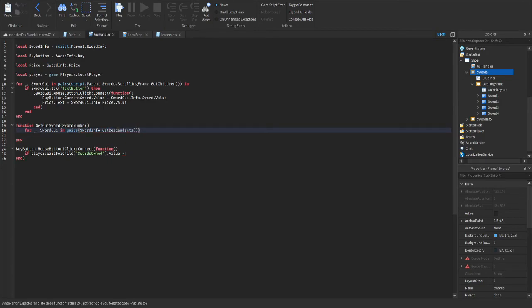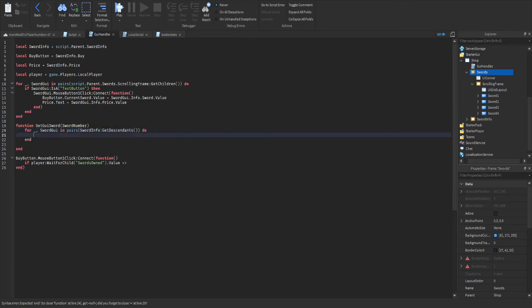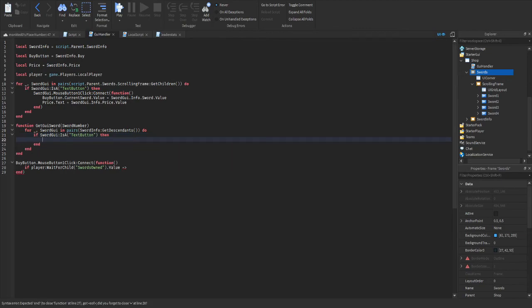Get descendants. Do. And then we'll do if sword GUI colon is a, and we'll do the same thing we did over there where we check to see if it's a text button. So we can just actually copy this. If sword GUI is a text button, then we'll do